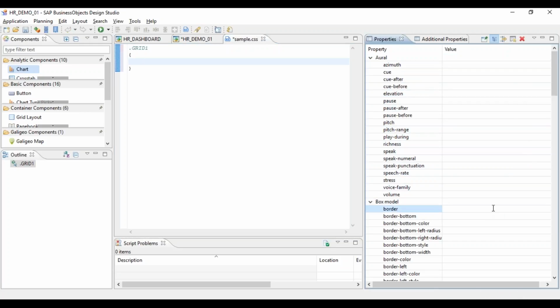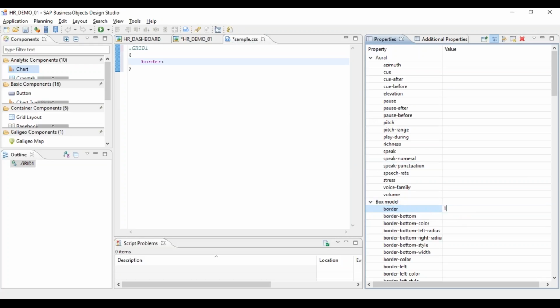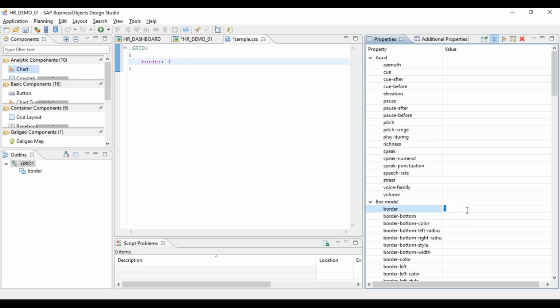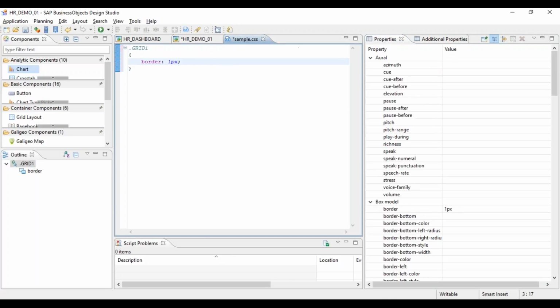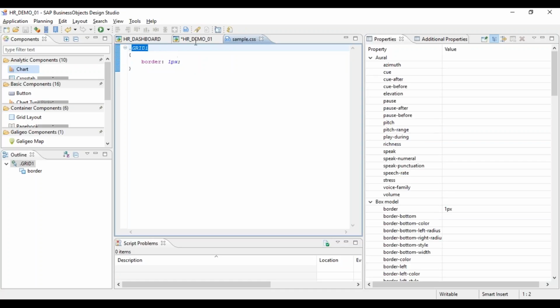So you say border, you want to put a border, one pixel. Then you put a semicolon to end. So border is defined. So this is your CSS class.